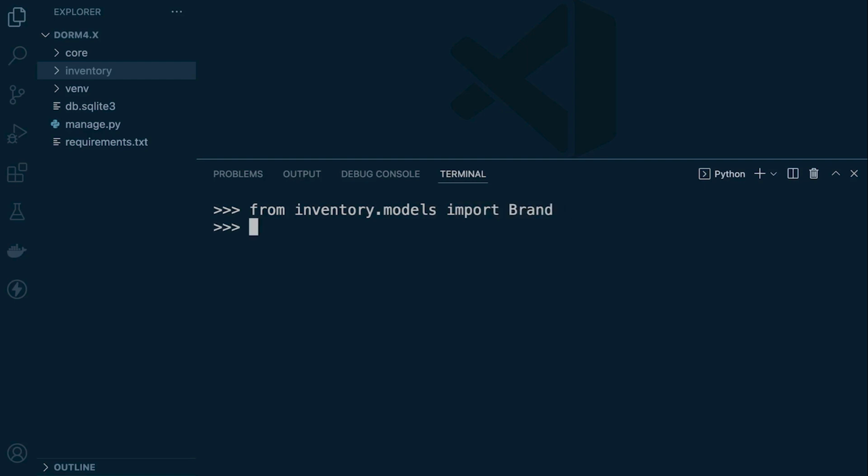And then, so we've imported the table. So we now have access to the brand table that I've just shown you. So we can go ahead now and just add something to the brand table. Now, this will be demonstrated to you and shown in more detail how to create, update, delete data, of course,